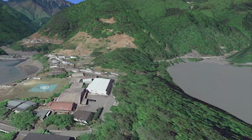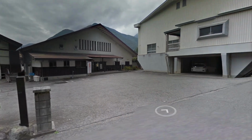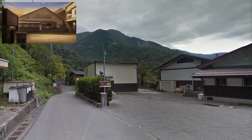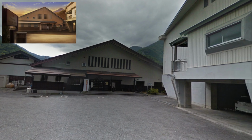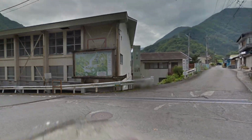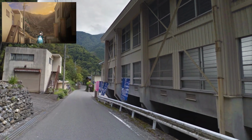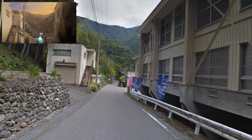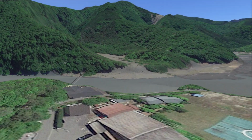Alright, and then on her way out, we see a couple close-ups of the onsen, which is called Village Onsen in the anime, but is Villa Onsen in reality. And our final shot is from right here, looking back down the road. We can see the banners on the right, stairs on the left, as she's coming towards the camera. To rush to Nadeshiko, which, by the way,